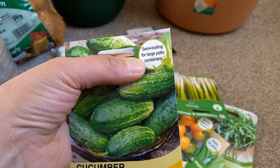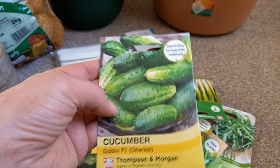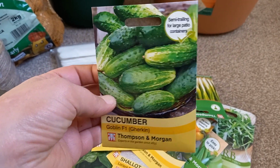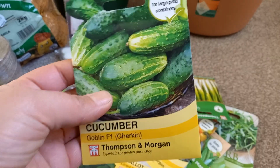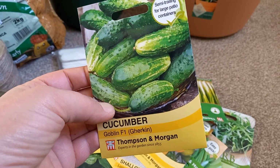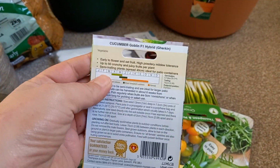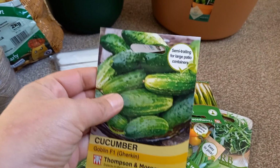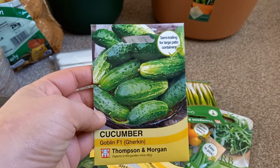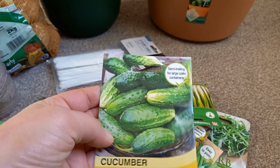And one of the things I was looking out for was that they can be grown in containers, because I am digging up part of the garden for vegetable beds, but not sure of the soil quality. It seems quite wet. It's really stony, and obviously other things are growing. It's hard enough getting rid of the grass, let alone all the other things I'm uncovering as I break the soil up. So it might be better to grow a few of these things in the large containers